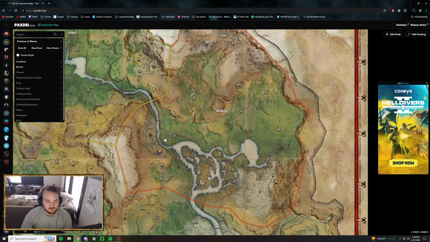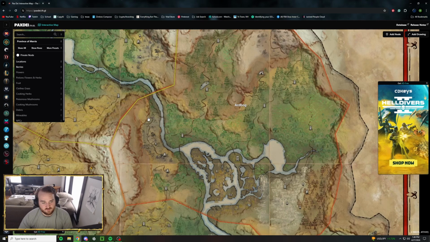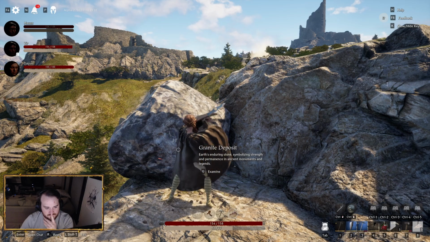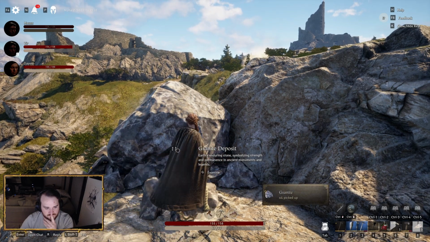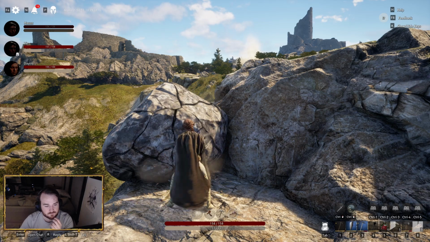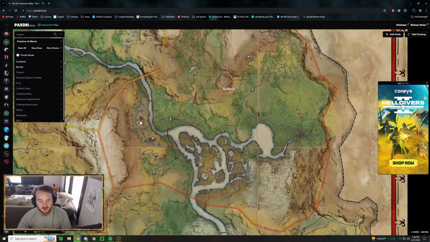Last on the list, we have granite. Granite, I've only found in this rocky biome in the node format. So the big rocks are in here, but I would recommend bringing a tier 2 axe, not the stone axe, when you go to chop those, because they are beefy. I have found